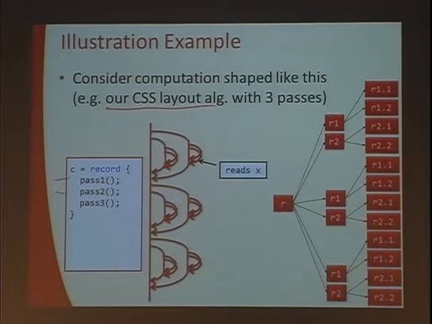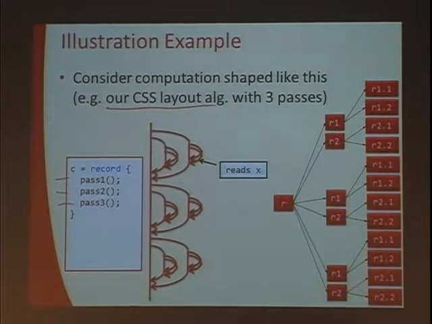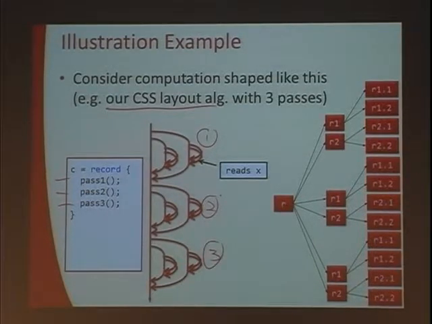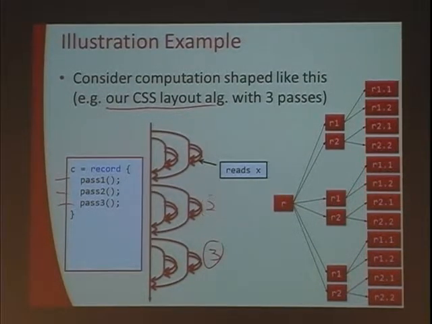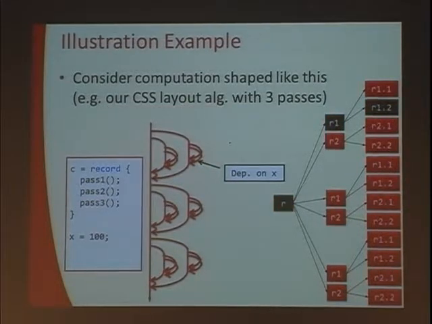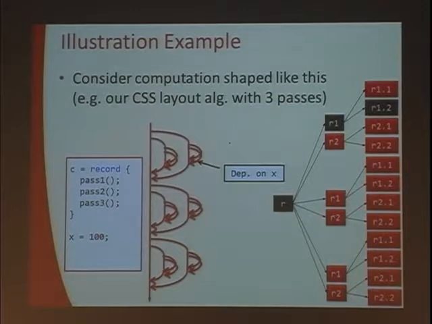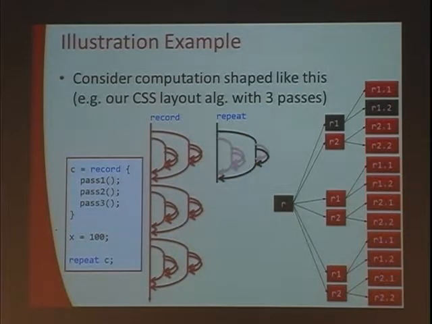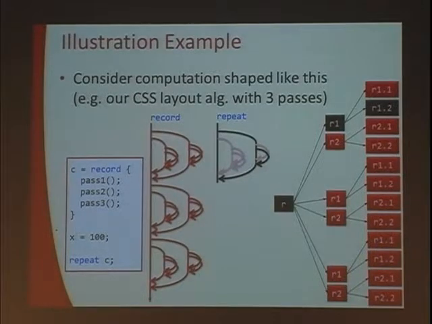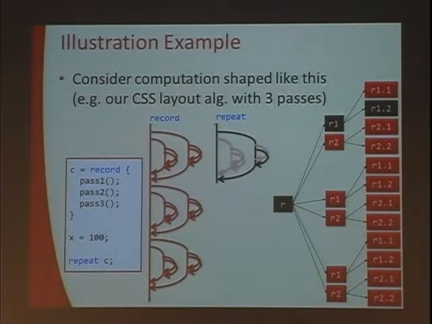So in the paper, there's more detail on that. We're recording essentially 3 traversals over the tree. And so in terms of our revision diagram, we can see those phases reflected here. Now, it might be that one of these phases, like the first phase, in one of these leaf revisions, reads the variable x. Now, we then say we have a dependence on x, so if we see a write to x, we are going to invalidate any revision that directly reads x and all its parents.